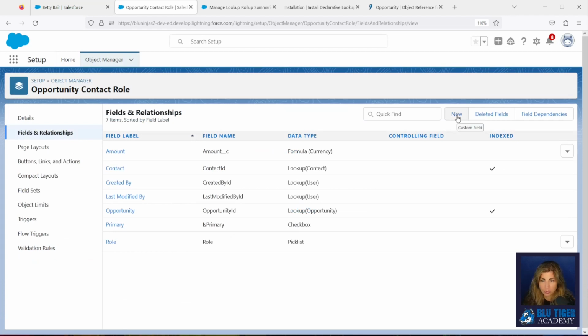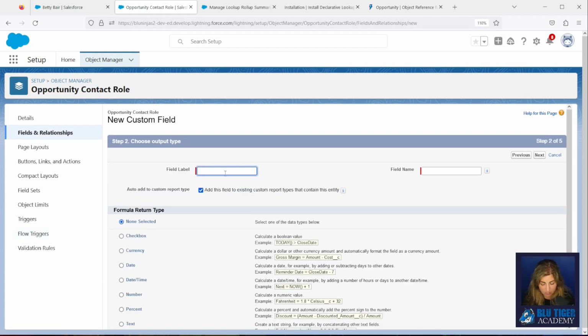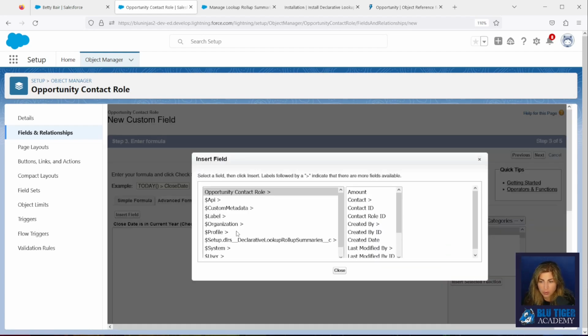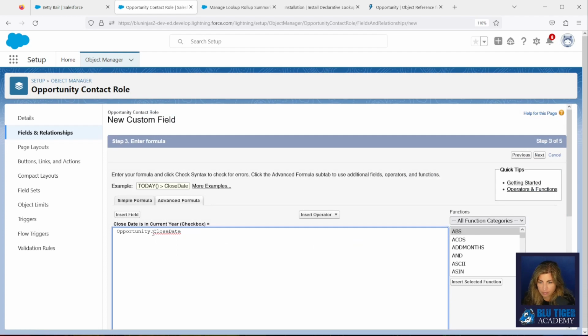So I'll go to the opportunity contact role in the object manager. I'll click new under fields. I'll click formula, then next. And then we'll create a new field that is called close date is in current year. This will be a checkbox. And then I'm going to use the picker here and go to the opportunity object and pull the close date.